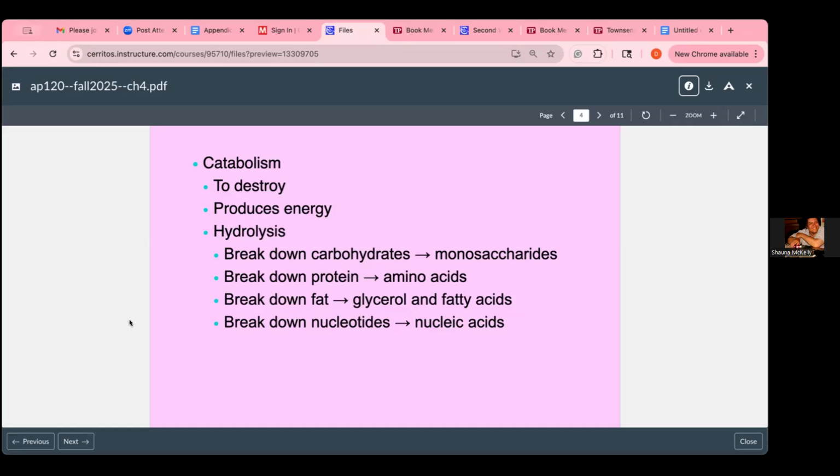So again, we have 4 parts of this, okay? So this is just the opposite of what we saw before. So here with carbohydrates, glycogen breaks down